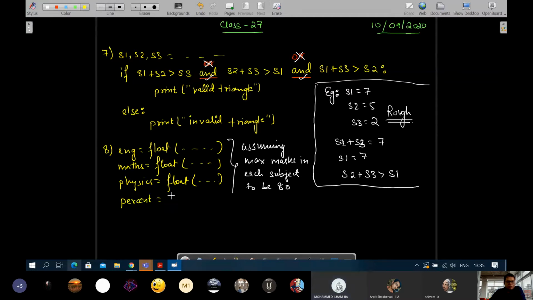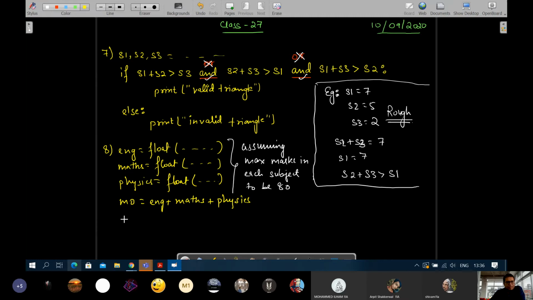Okay. So marks of all the subjects. So first what we can do is, first we will find total marks obtained, or you can write marks obtained. So what is total marks obtained? English plus maths plus physics.